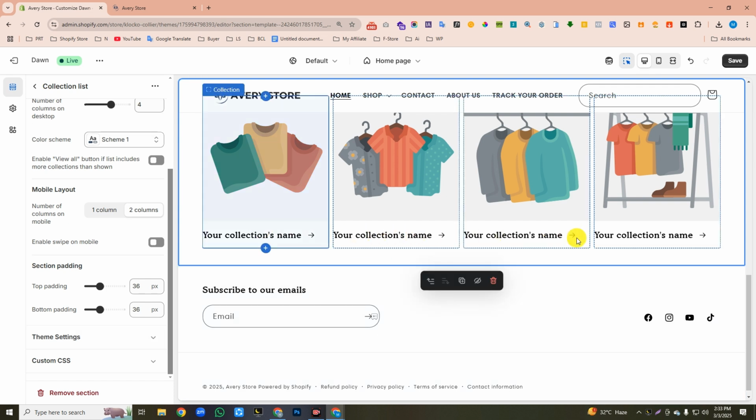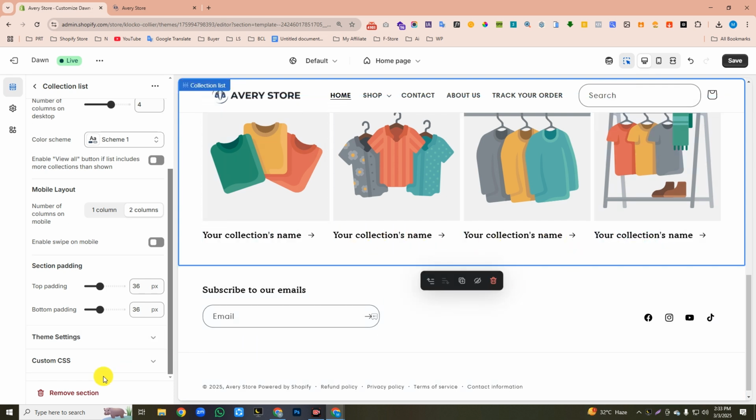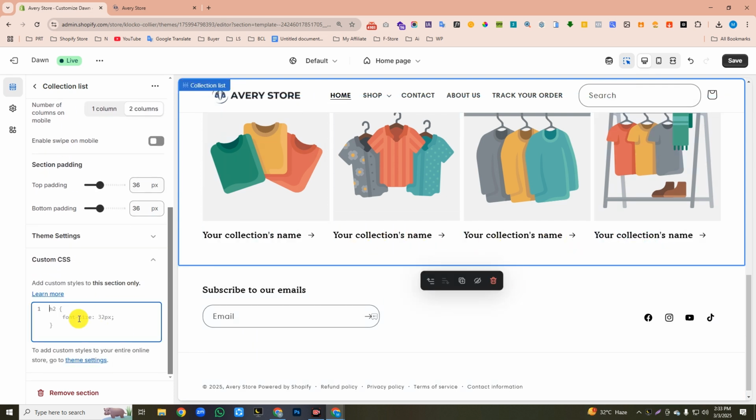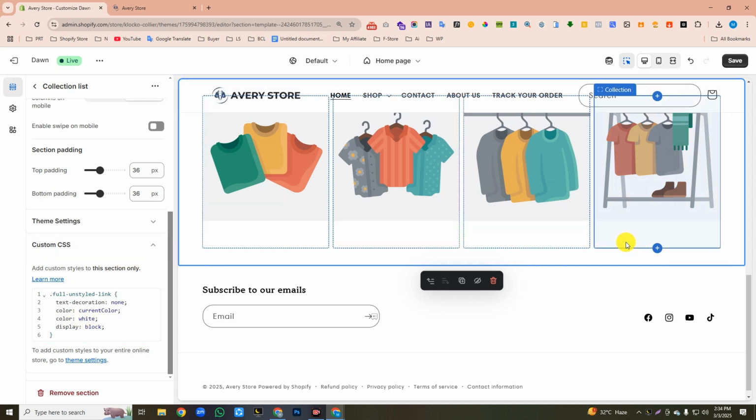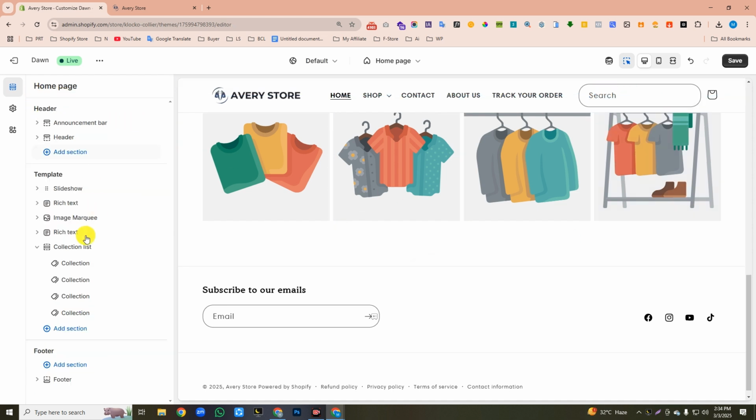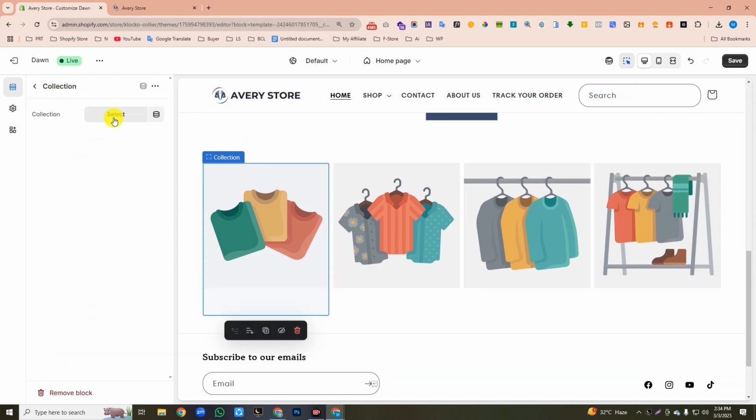Now we will hide this collection name heading text. To do this, click on Custom CSS and paste our small code here. You will get the code in my video description. After hiding this heading text, then go back, then click on the first collection, then click this Select button to